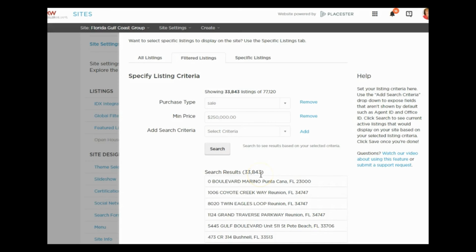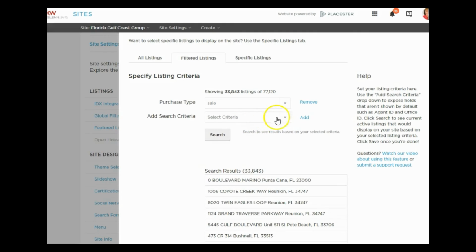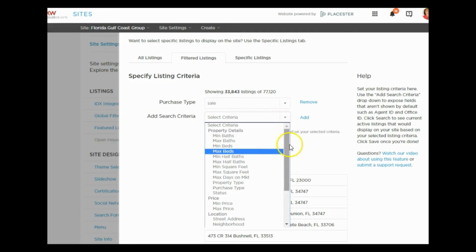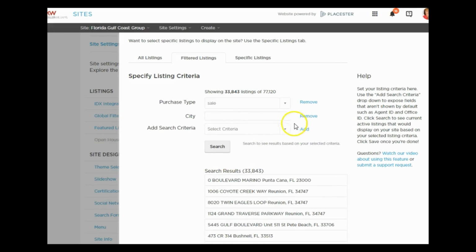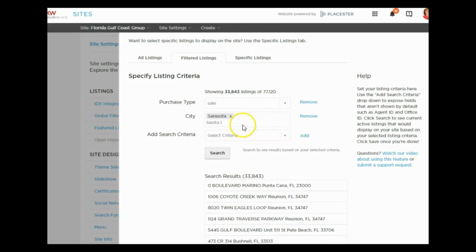So what you want to think about is that restricting the listings that appear on your site makes your site less valuable to clients. If you have listings under 250 and you don't want them, that gives you an opportunity to refer. If you want to pick a location, let's say that you only want listings in, and you pick the cities, in Sarasota, only Sarasota listings, only Siesta Key listings, Bradenton,